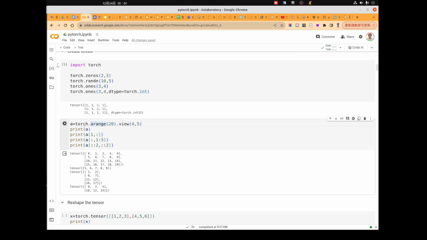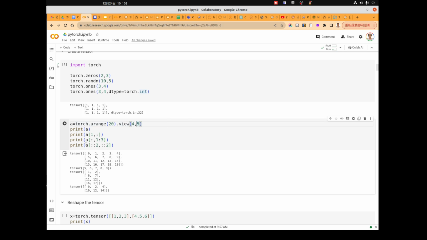After we create this array, we can change its shape by using the view function, because the return value of arange is a 1D tensor. So we can use view to change it to any dimension of tensor. Here, we change it to a 2-dimensional tensor, so it has 4 rows and 5 columns.